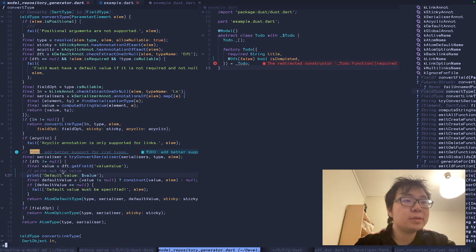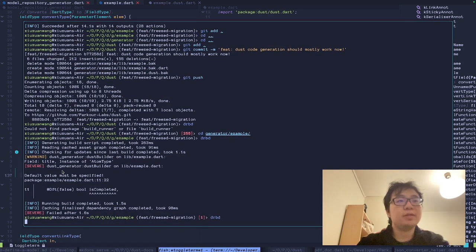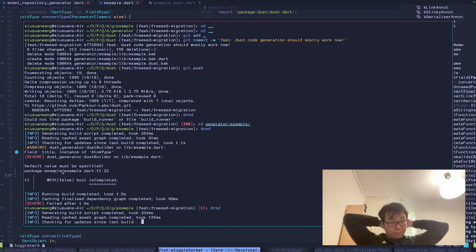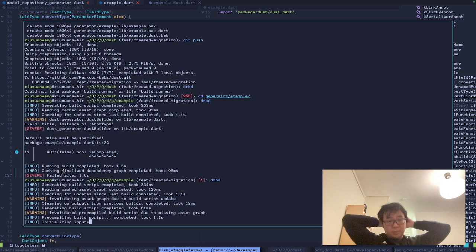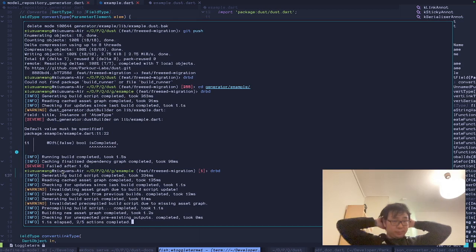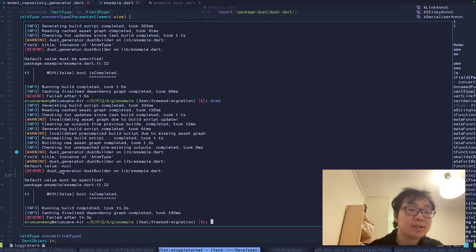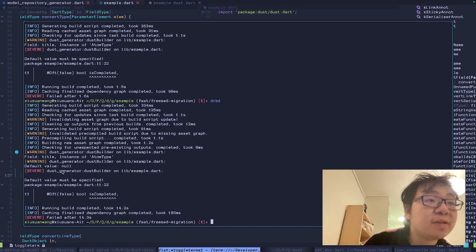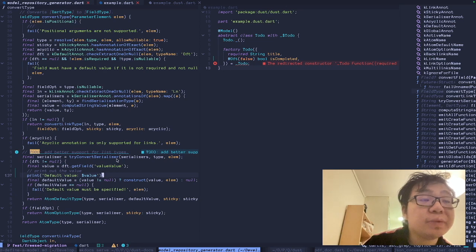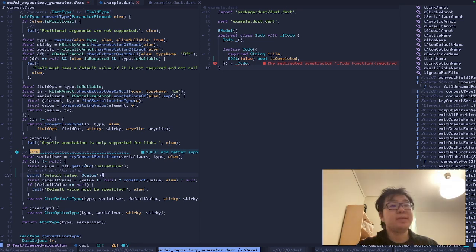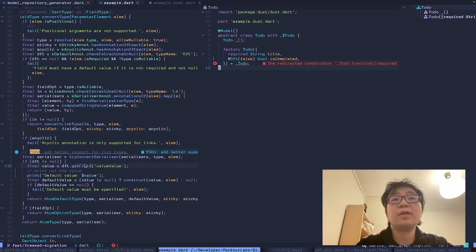GPT. Okay, good. And then let's have a look. With code generation, there are so many edge cases that you need to cover, and I don't understand. You also need to have a decent understanding of the type system. Default value must be default value null. So it means that at this stage we aren't even getting the default value. It means that the get field. And so let's just check for